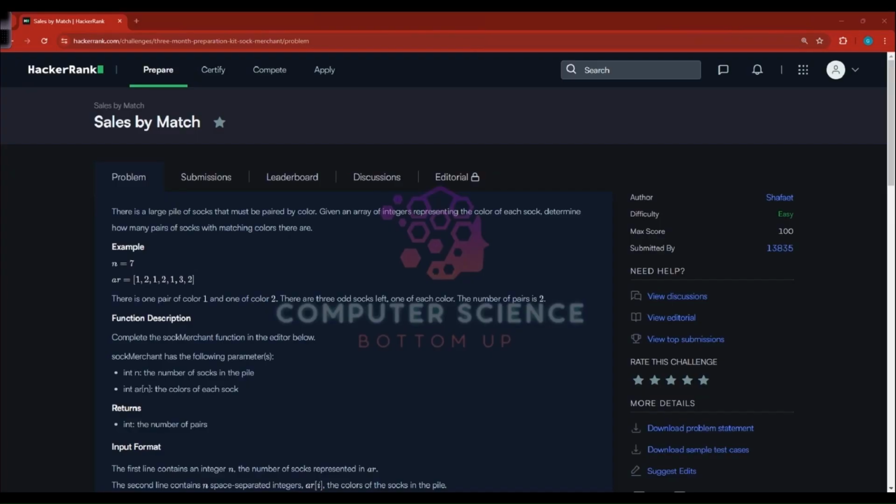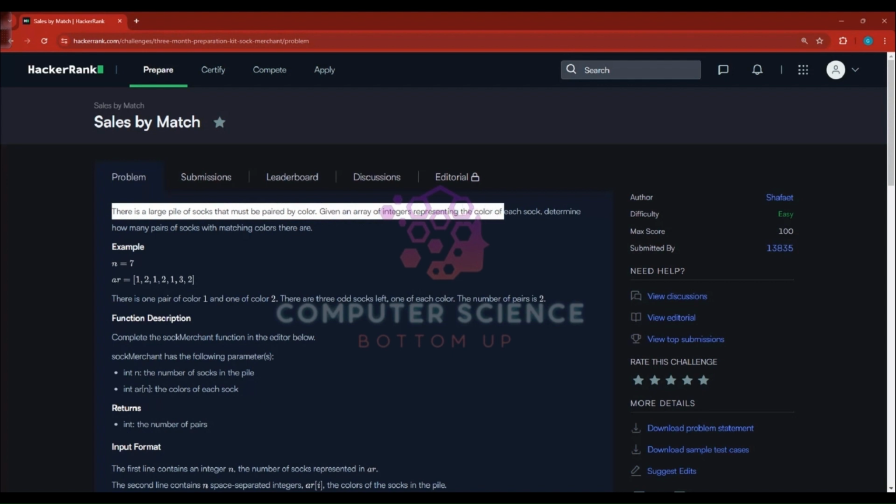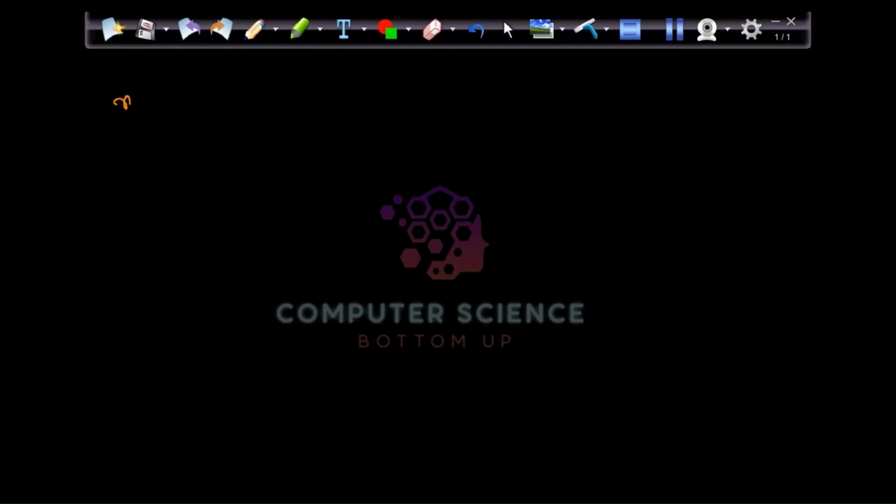Look at the scoring problem. There is a large pile of socks that must be paired by color. Given an array of integers representing the color of each sock, determine how many pairs of socks with matching colors there are. Okay, when n is equal to 7, here n is the number of socks,